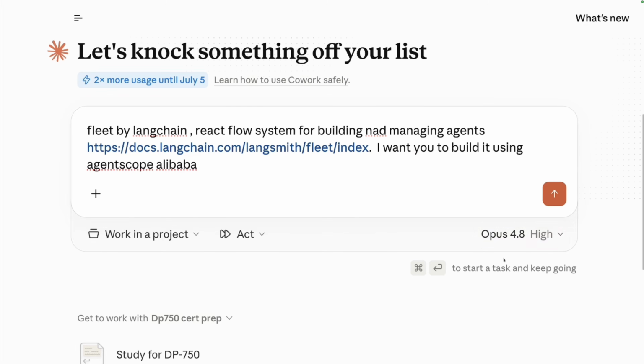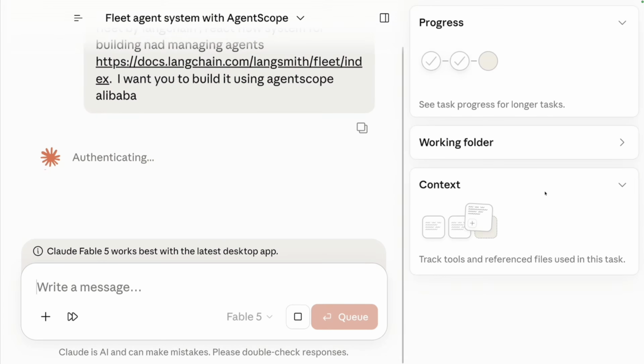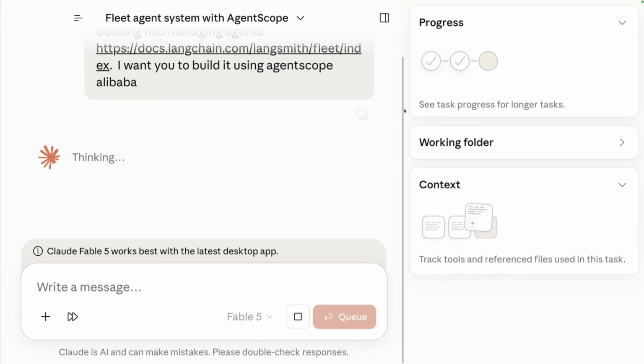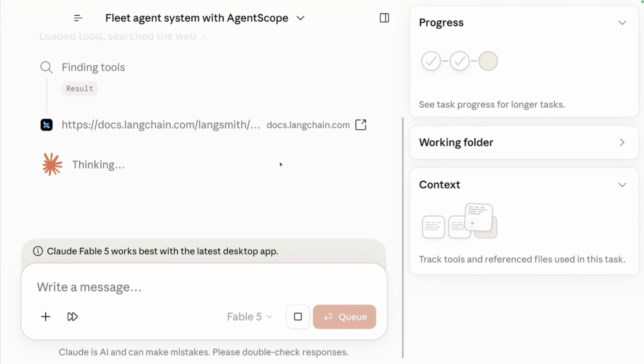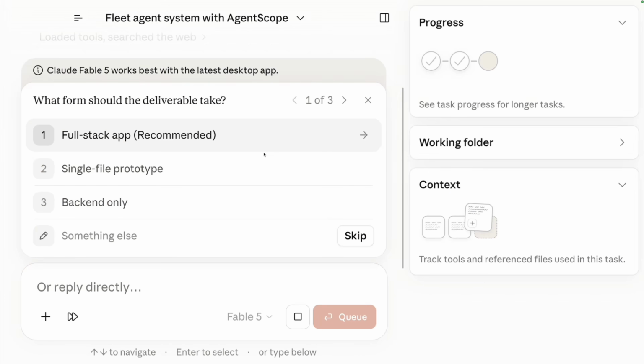What did they say about it here? They described it as being for very complex tasks, tasks that cannot be handled otherwise, like very tough tasks. Let's see how it's going to perform. Alibaba, let's hit here. We're going to see what it's going to do. It's actually working on it. We are on Fable. Let's see what it's actually doing. It's going to fetch this. While it's doing this, we'll keep this in the background.